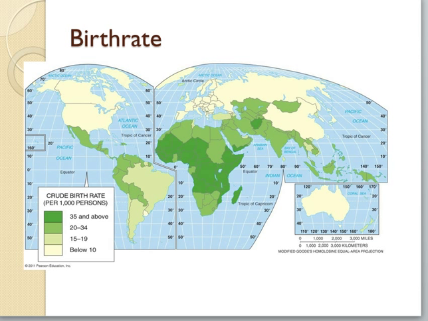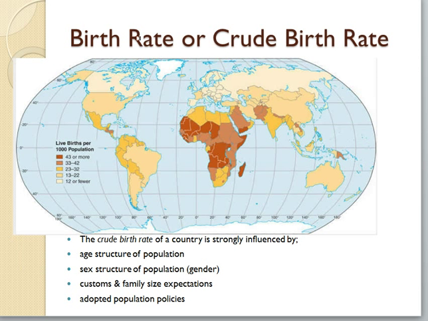If you look at the fertility rate in the textbook, sub-Saharan Africa has a birth rate of 35, so 35 babies are born for every 1,000, and in the U.S. we have a birth rate of below 10. And so you can also begin to think about countries that are more developed have a lower birth rate. Countries that are less developed have higher birth rates. Sometimes this is also called the crude birth rate, or just birth rate.